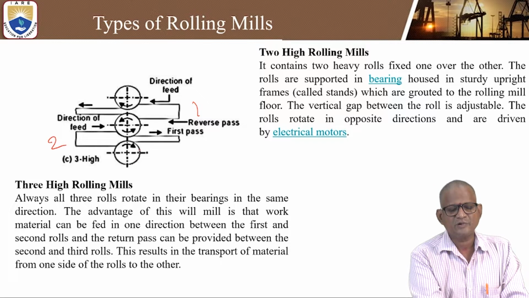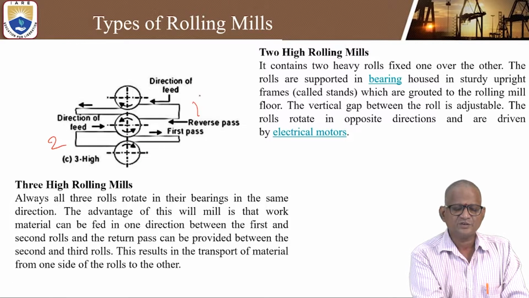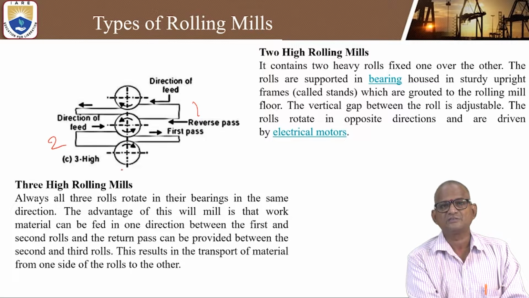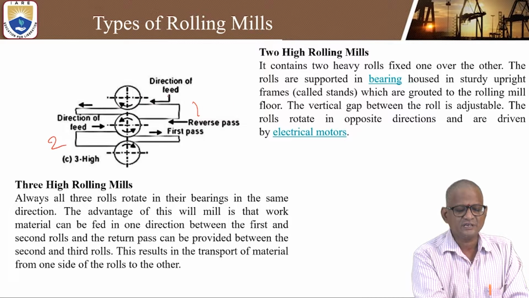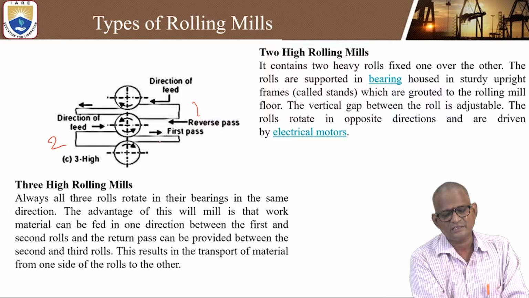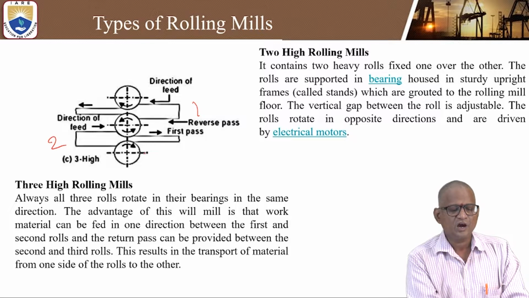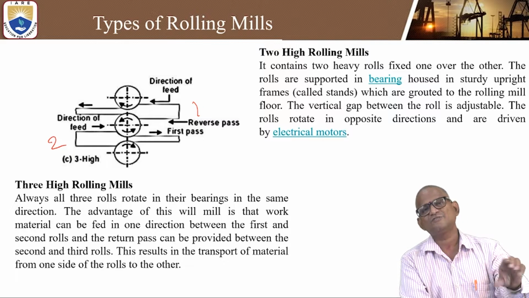One is the bottom and top, and in between, one more roller will be there. In the first pass, the workpiece goes in one direction, and these two rollers are in opposite directions. Again, this roller is opposite to the central roller. So initially you can feed it the first time and reduce the cross section, and second, it will come back and the thickness can be reduced still further. Okay, so this is how we can obtain workpiece reduction with the 3 high